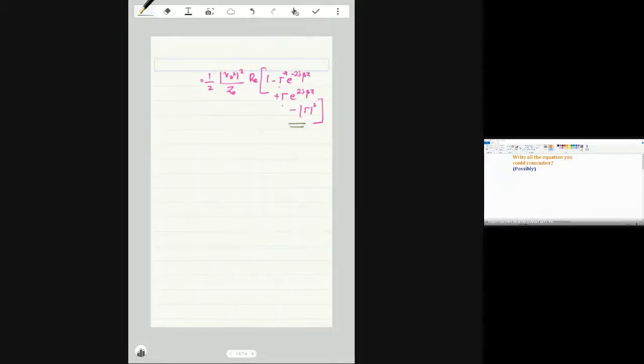So mod gamma square you would also have got, because we get gamma and gamma star when you multiply. As I told you, when you multiply any complex number with its conjugate, we get the magnitude squared. So this is also very straightforward. Now you have to take only the real part from this equation. Which are the real parts? This is a complex number, this is complex, so the real part is only these two.